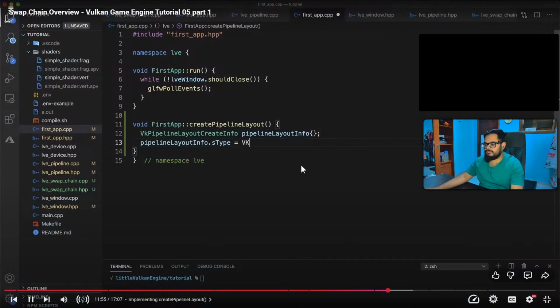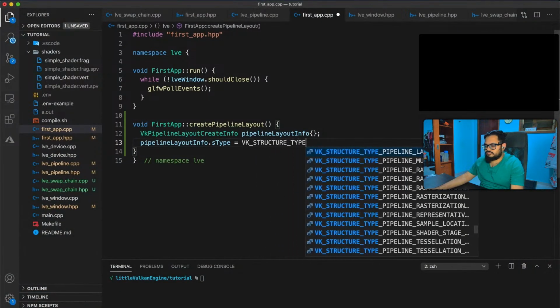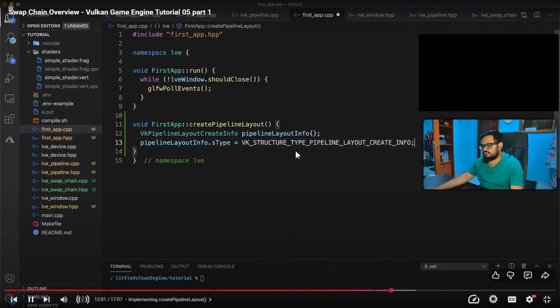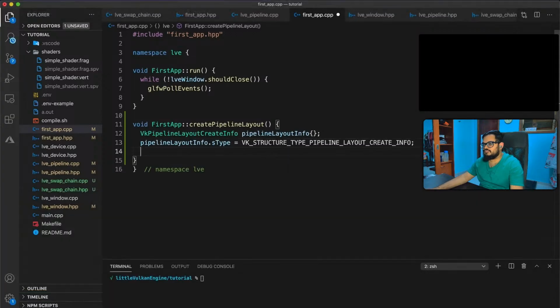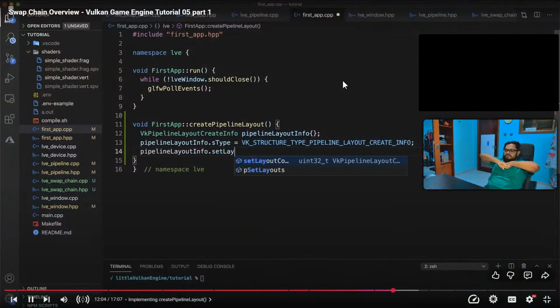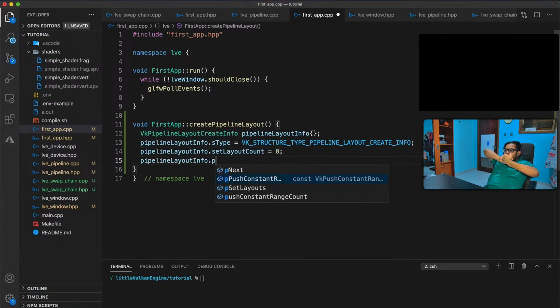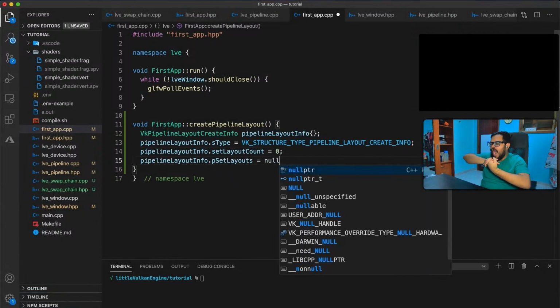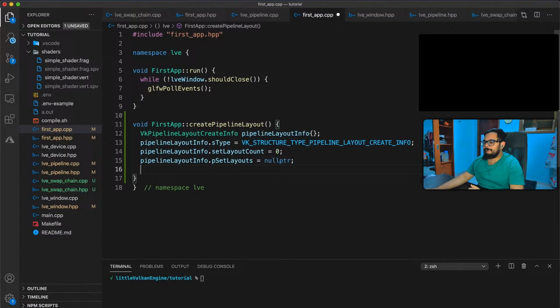Structure type pipeline layout create info. For now, we just want to create an empty layout. So let's set this pipeline layout info's type. Set the layout count member to equal 0 and pSetLayouts to equal a null pointer. A pipeline set layout is used to pass data other than our vertex data to our vertex and fragment shaders. This can include textures and uniform